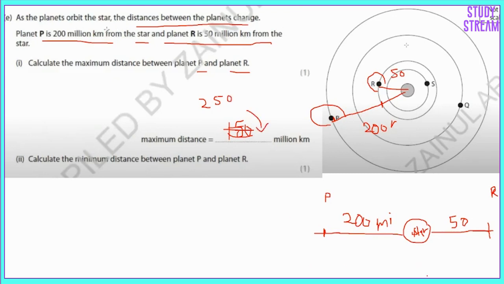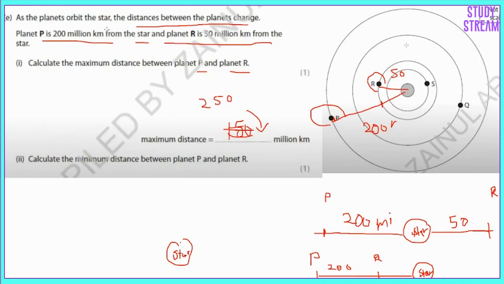250, and then in the other case, we are talking about both of them being on the same side. Okay, yes. So here it would be 200, and then around 50, we have R. Yes, that makes sense. What about if the star is here, and then let's say